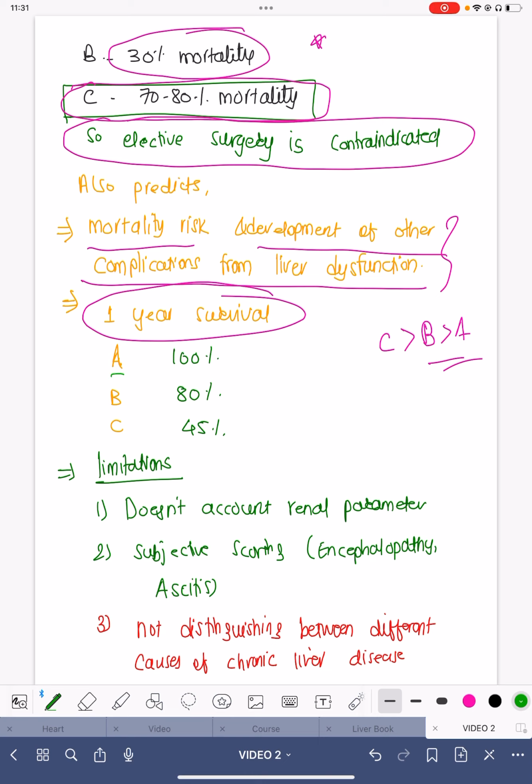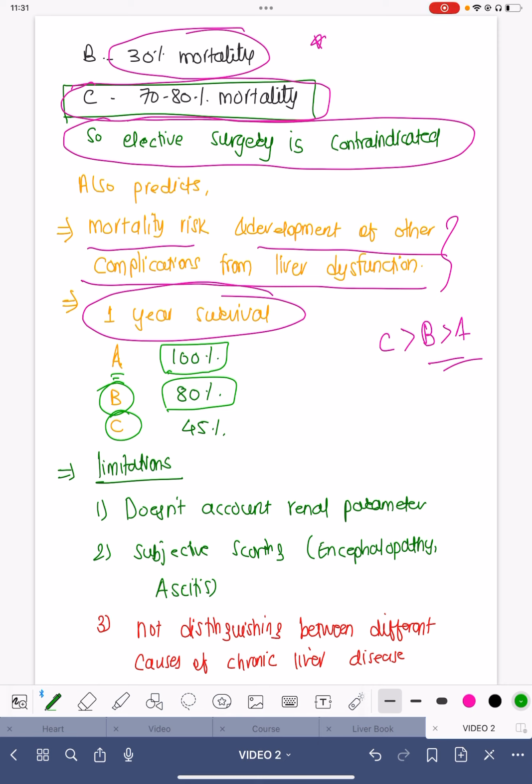If the patient has Child-Pugh score A, usually 100% of the patients will survive for 1 year. If the score is B, then around 20% patients may die within 1 year, and if the score is C, then almost half of the patients usually die within 1 year because they usually have a very bad